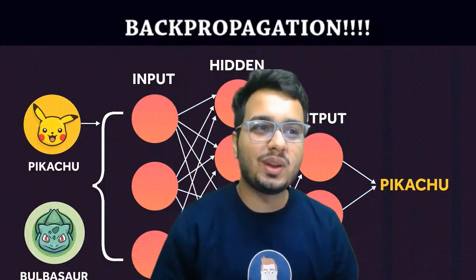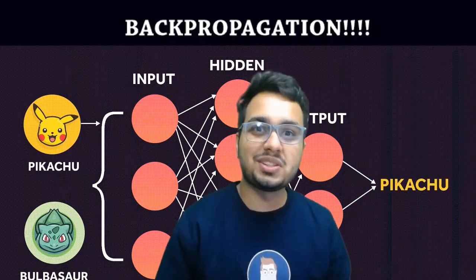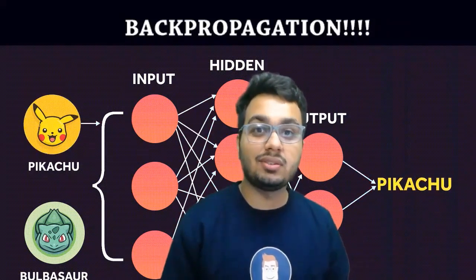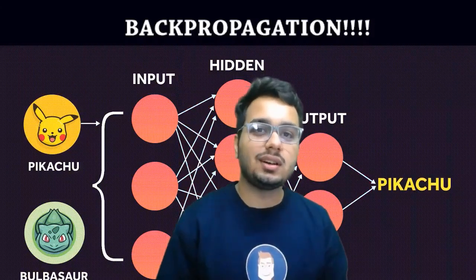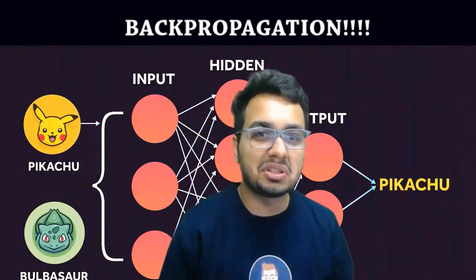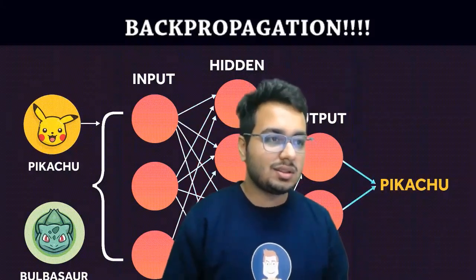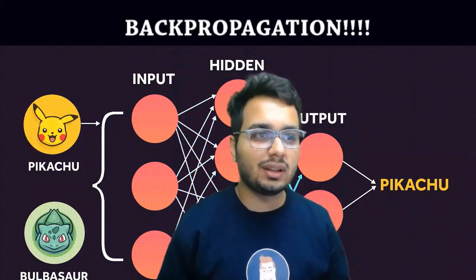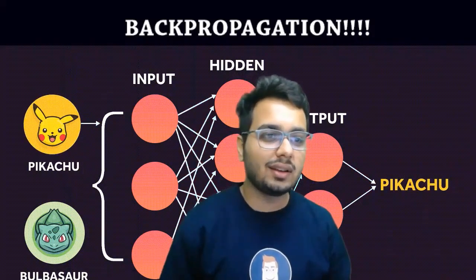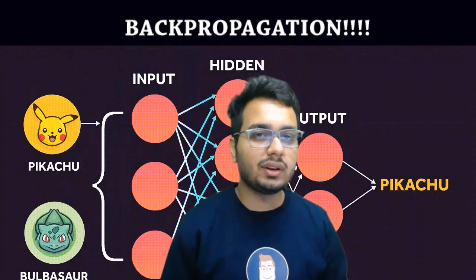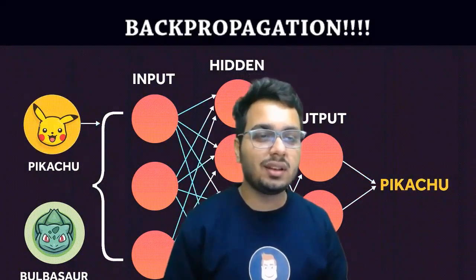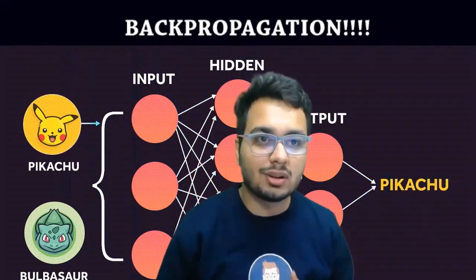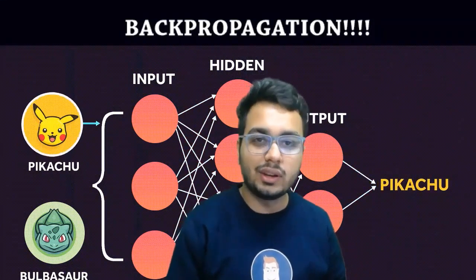Hi everyone, welcome to this video on the backpropagation algorithm. This algorithm has been considered one of the most challenging and difficult things in entire machine learning, right? The reason is that it involves some knowledge of linear algebra and calculus. Given the formula it is not very difficult to implement, but the important thing is how that formula came. How do you derive your own backpropagation logic? That is what we are going to learn in this video.